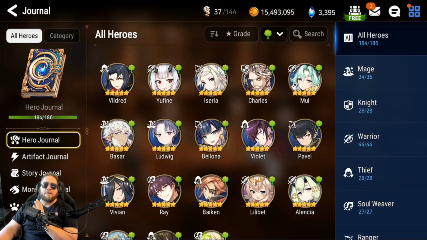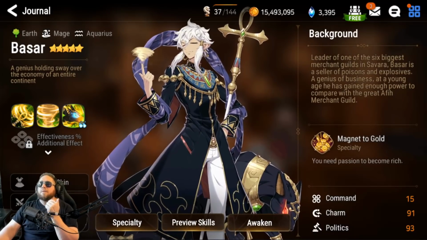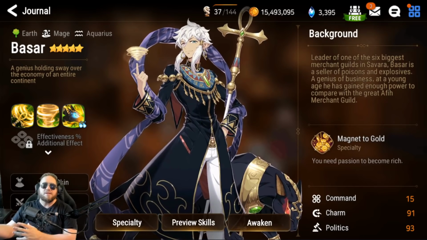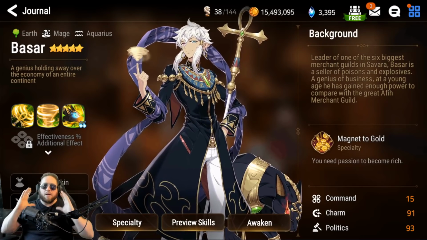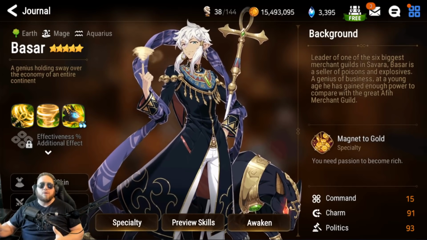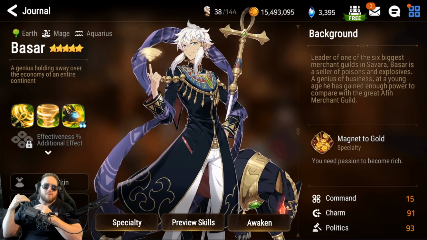Now, keeping in with grass here, you have Basar, and Basar is probably one of the most cancerous units in PvP. In PvE, he's rather weak, doesn't really bring much to the table, but when it comes to PvP, this guy is the absolute king at the moment. They are putting out things to counter him, but